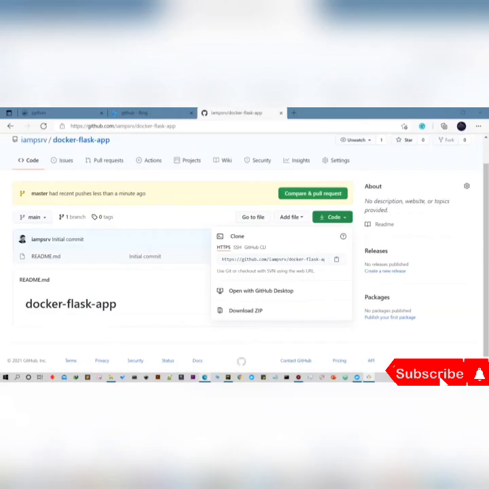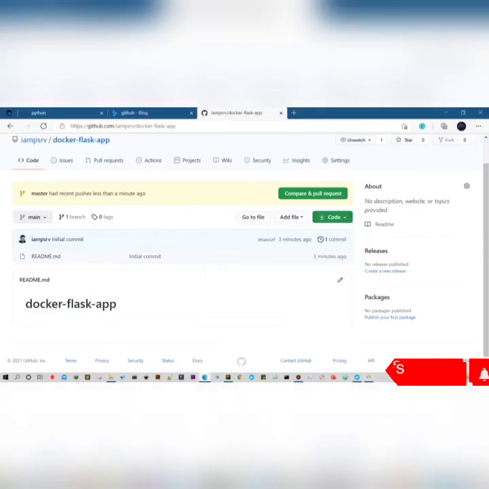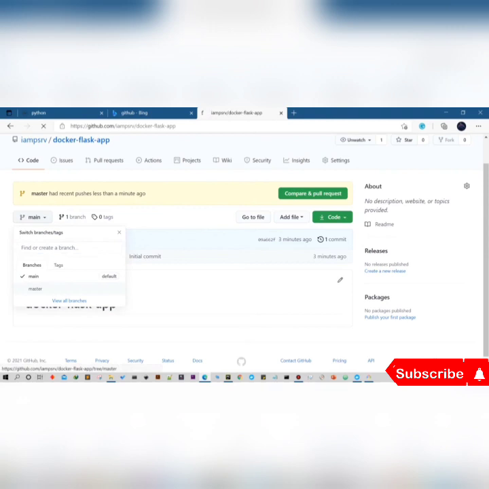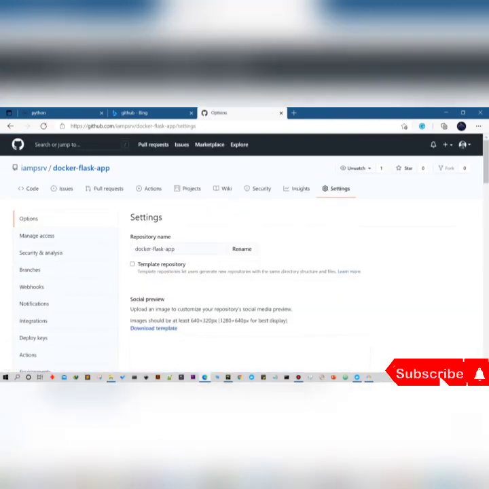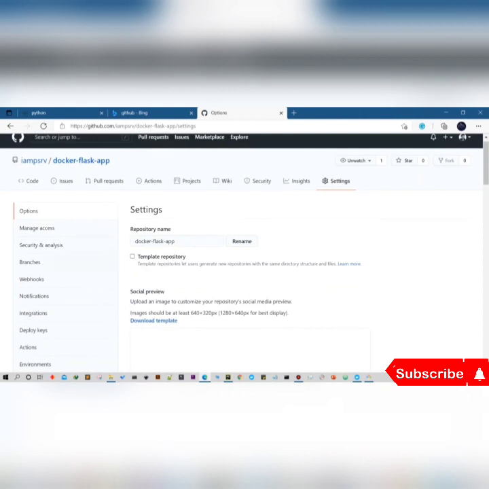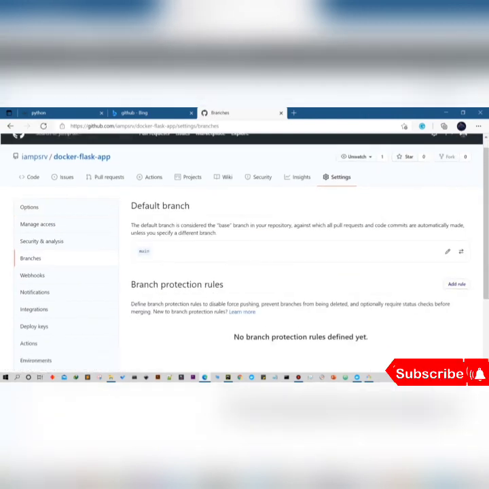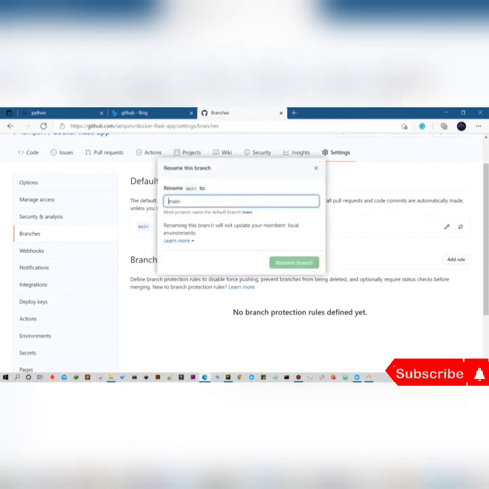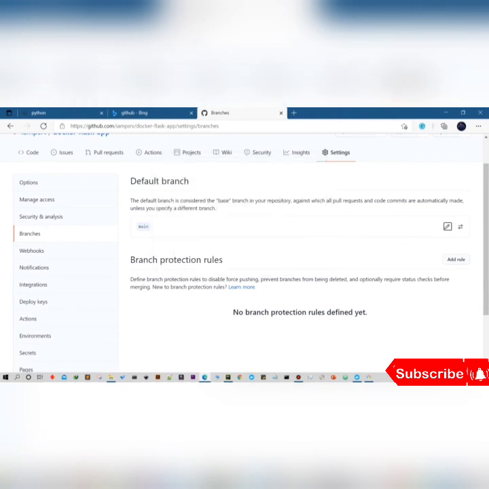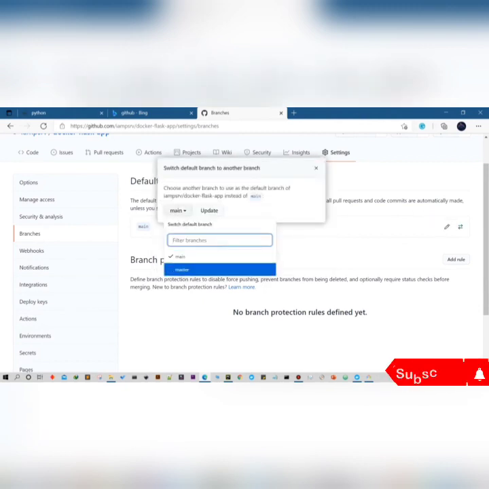But the GitHub repository, when I created it, already had a branch named main, so we don't require this main branch right now, and it's better to delete it. Let me show you how you can delete one. In the settings option you will get the option to change your default branch to the master branch, and then at last we're going to delete this main branch.